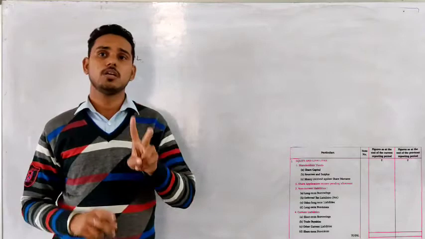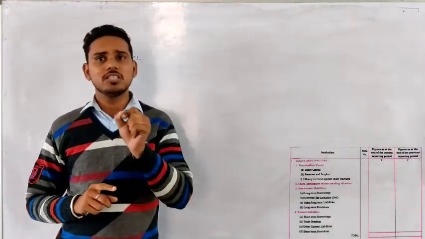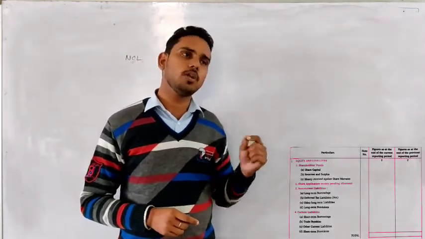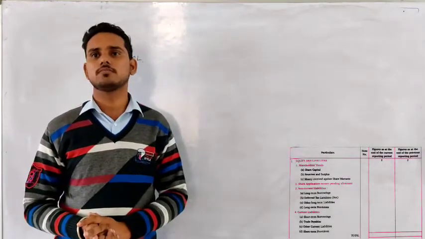There are two terms. One is public deposit, one is fixed deposit. Fixed deposit is your saving. Like you have opened a saving account, the same way we open a fixed deposit account. But public deposit is a very different thing.